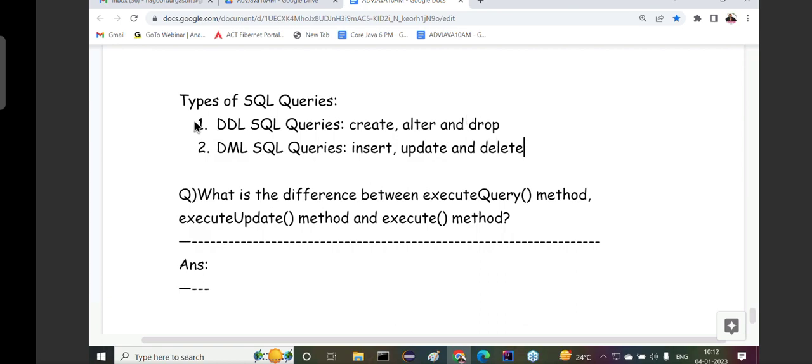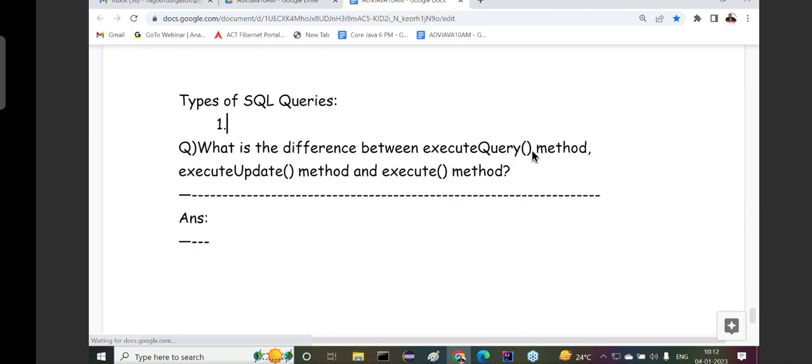Okay. But actually, I don't require this comparison. In my entire JDBC, I don't require this type of classification. This is the general classification in Oracle that I know. So for your awareness purpose, I've written this, but I don't require that actually. But what I require here, first one is